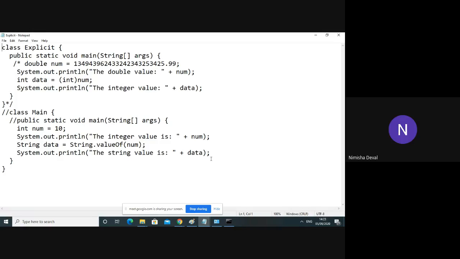Yes, in the explicit one. And in the second one, you have taken one value and you are converting it into string. All of you can see this program. Explain it if you want to, no issues.